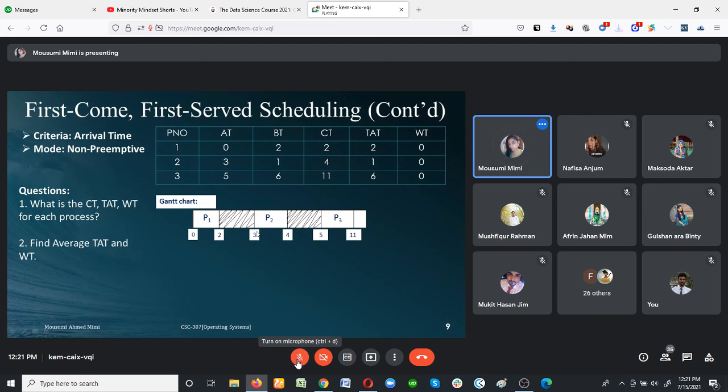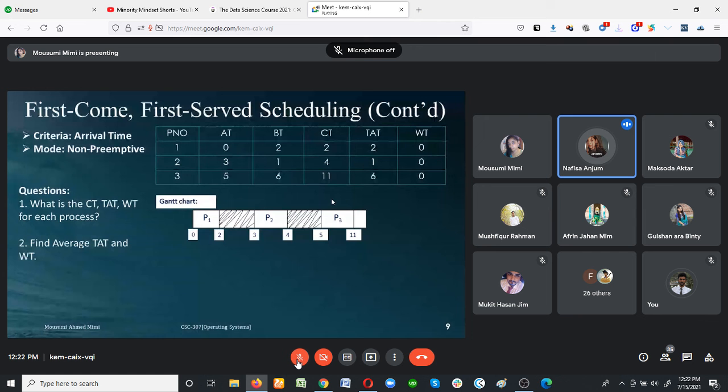When it becomes 3 seconds, process 2 comes and its burst time is 1. So 3 plus 1 is 4. Then process 3 comes and waits because it is 4 seconds. Within 4 seconds, process 2 is done, so 5 seconds has not happened. Again, 1 second is needed to complete the process when the 5 second is happening. When 5 seconds happens, process 3 comes and its burst time is 6. So 5 plus 6 is 11. Do you clear?